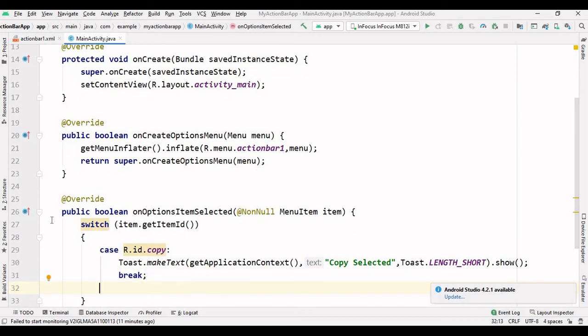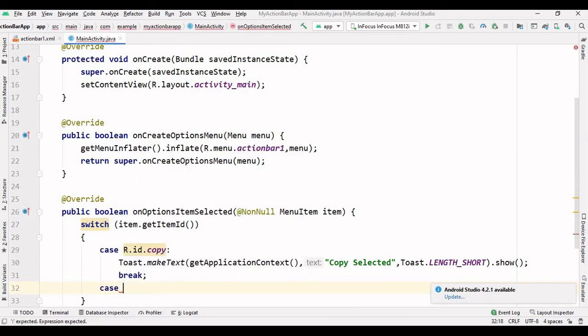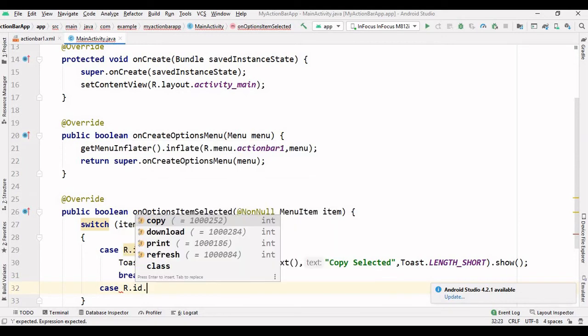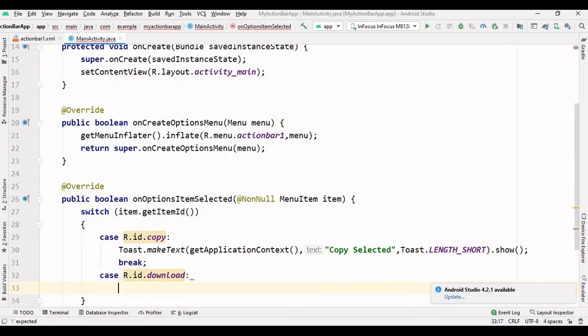Like that you have to write the cases for the other options also. I will say case R dot id dot download, and colon, and next again display the toast message.